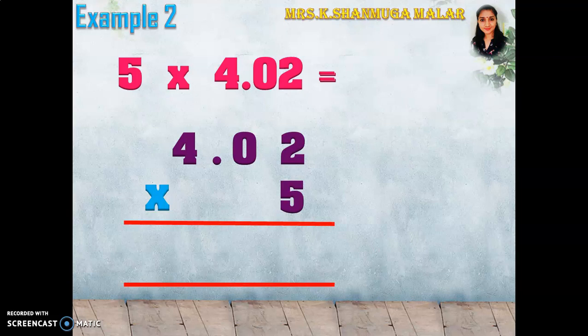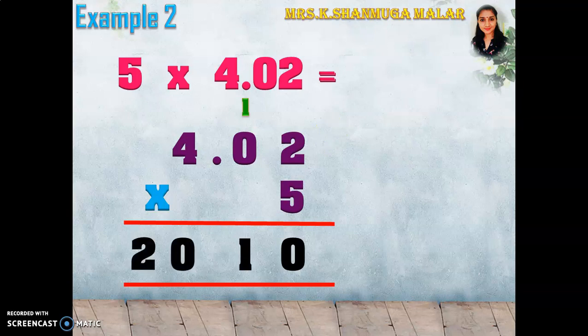Very good. We must times the number. 2 times 5 is 10. So 0 here, 1 over there. And 0 times 5, 0. And 1 we must plus. We get 1. And 4 times 5 is